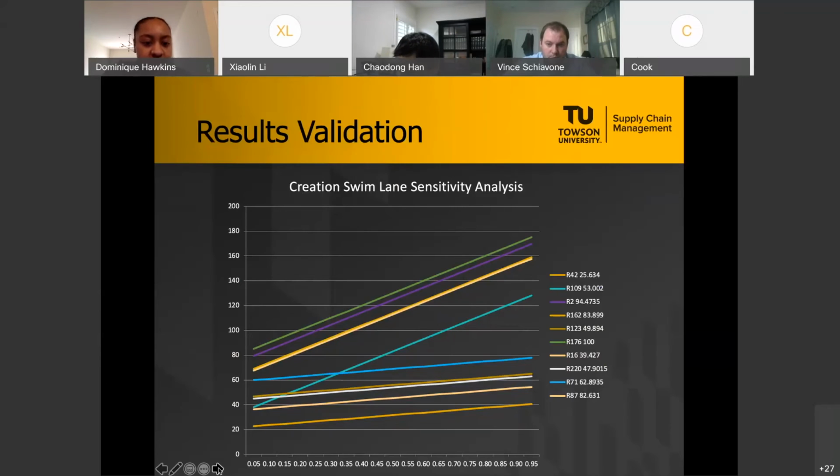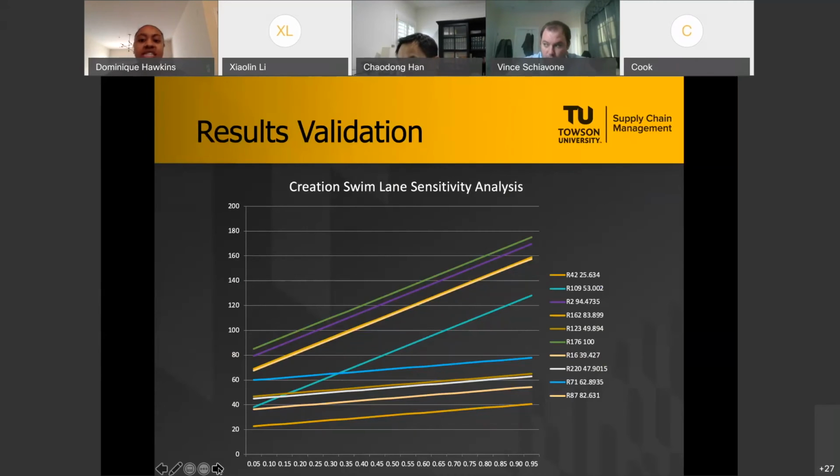And so what this chart shows is on the x-axis, it shows 0.05 to 95. And what we're doing here is we're altering the assigned weights by the subject matter experts on a scale of 0.05 to 95 to see how much the projects alter based on the changes of the weights. And so the point of this, in order to show that your model is stable, you want to show as little crossing of the projects as possible.